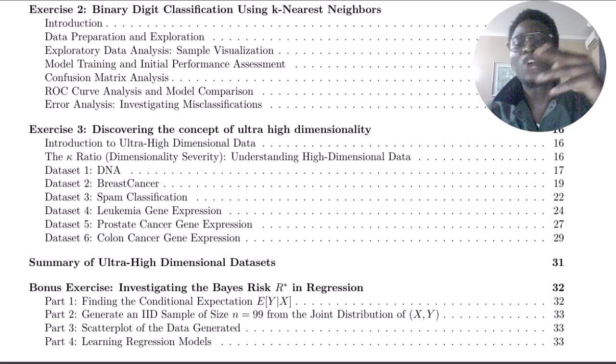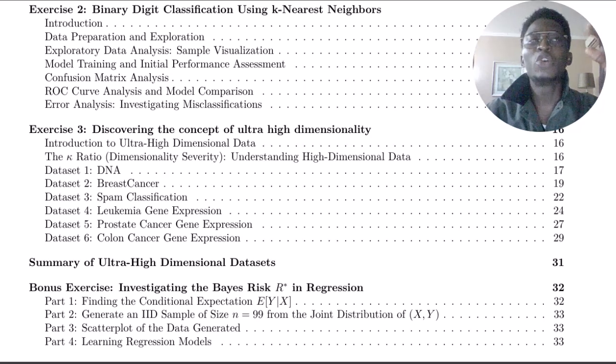The ROC curve for the model comparison demarcates this. For all the mistakes that the model made, I used the confusion matrix to see them, and I'm able to see that though when k equals 1 it performs well, it has actually learned the pattern of that particular dataset. So that's why it's able to predict well for the 40% of the test data that we gave to it. Moving to the ultra high